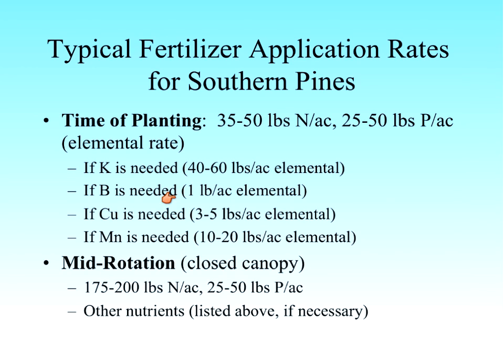Can lead to toxicity. So you have to be very, very careful, especially with the micronutrients. If you're phasing out of the time-of-planting options for fertilization and working with more mid-rotation closed canopy stands, we find that our best responses tend to be a combination of nitrogen and phosphorus, anywhere from 175 pounds of elemental N to 25 to 50 pounds of elemental P, as our general prescription